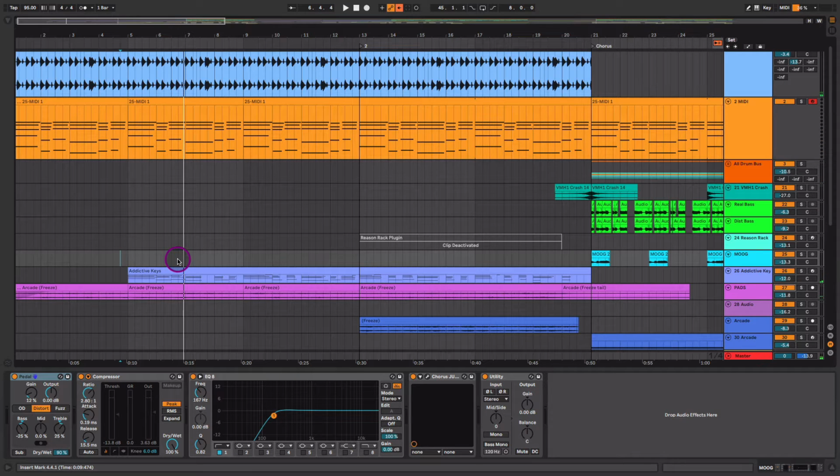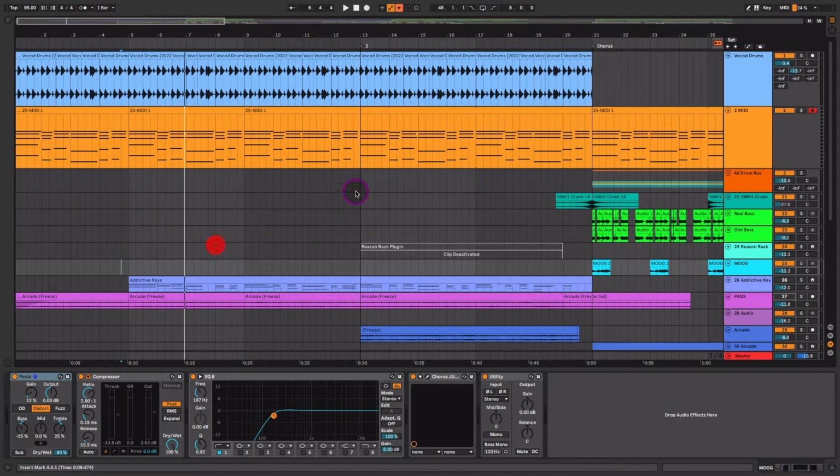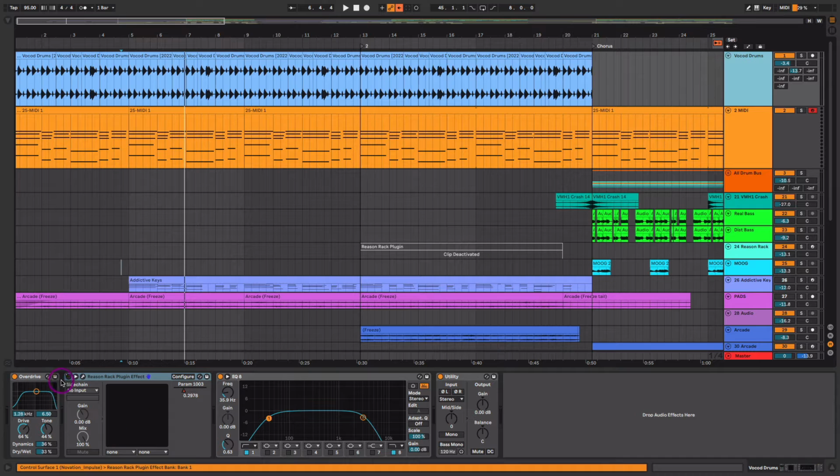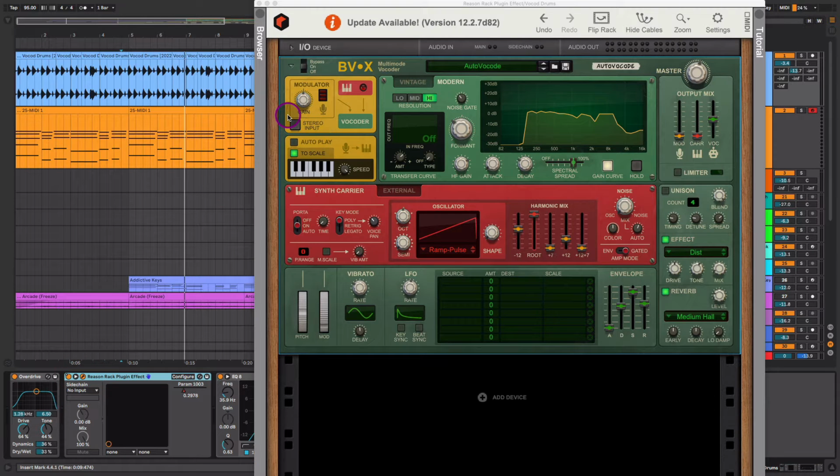And that's cool, but what if we had the drums provide that harmonic context? So we'll mute the keys, and what we're gonna do is use the BVX plugin from Reason. I'm dragging and dropping that right onto the drum track here, and I'm gonna use the vocoder to create that